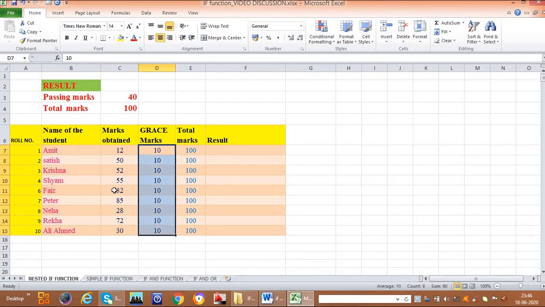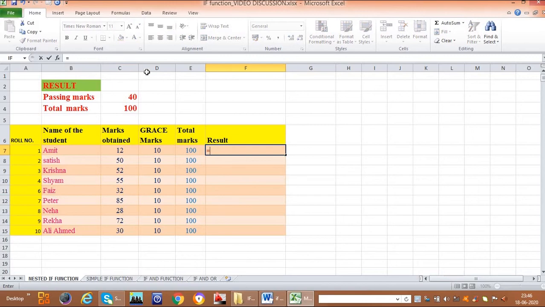Now no one has got 90, so it will not be 100. Since the highest mark here is 85, 85 plus 10 will be 95. So the students who got less than 40 marks or more than 40 marks, every student has got 10 marks as the grace marks. So let us see how we can use the nested if function here. So let us start with the equal to sign. If